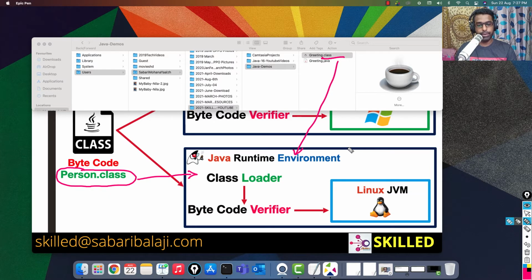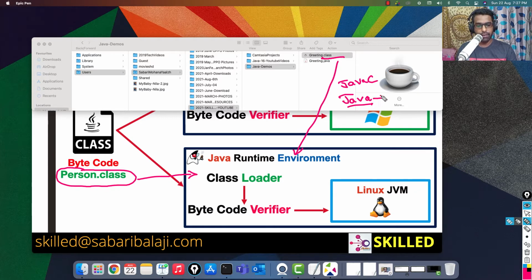How do we bring the JRE up and running in order to execute our bytecode? For that, we are going to initiate it with the help of a command called the java command. Javac is for the compilation process. The java command is for executing the bytecode.